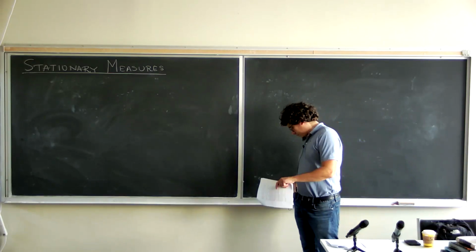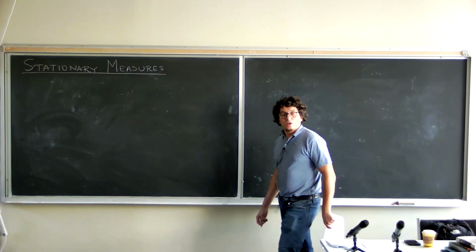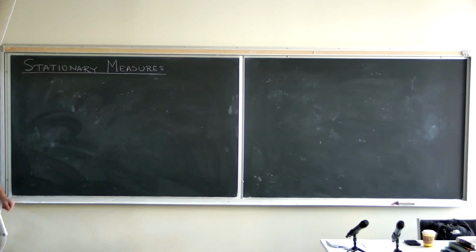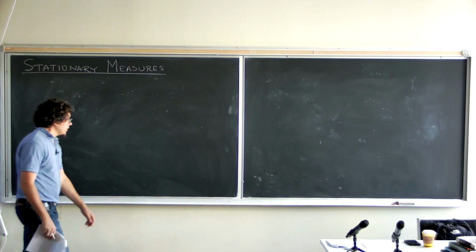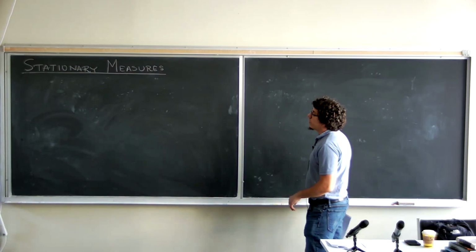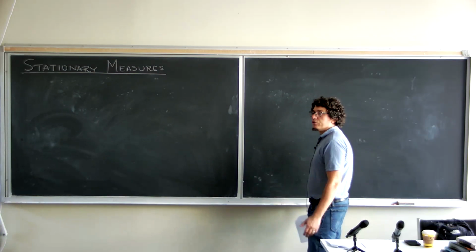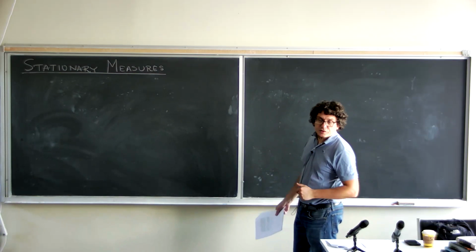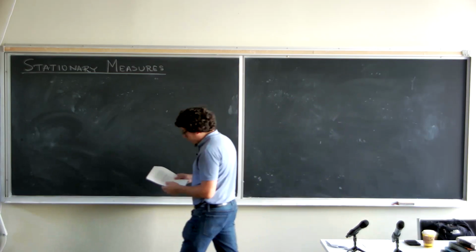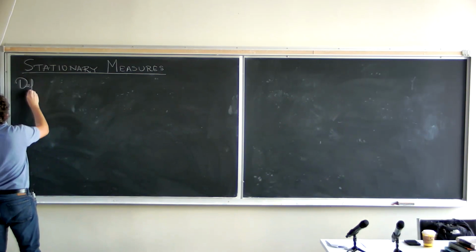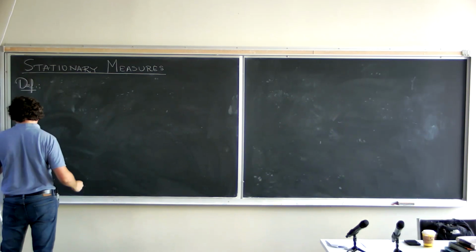Okay, so I think we can get started again. The next topic will be stationary measures, which are important in particular because when we have a random walk and the random walk eventually converges to the boundary, which we will prove in many situations, the hitting measure will be an example of such a stationary measure. But in general, what is a stationary measure? We need to start with some useful definitions anyway.